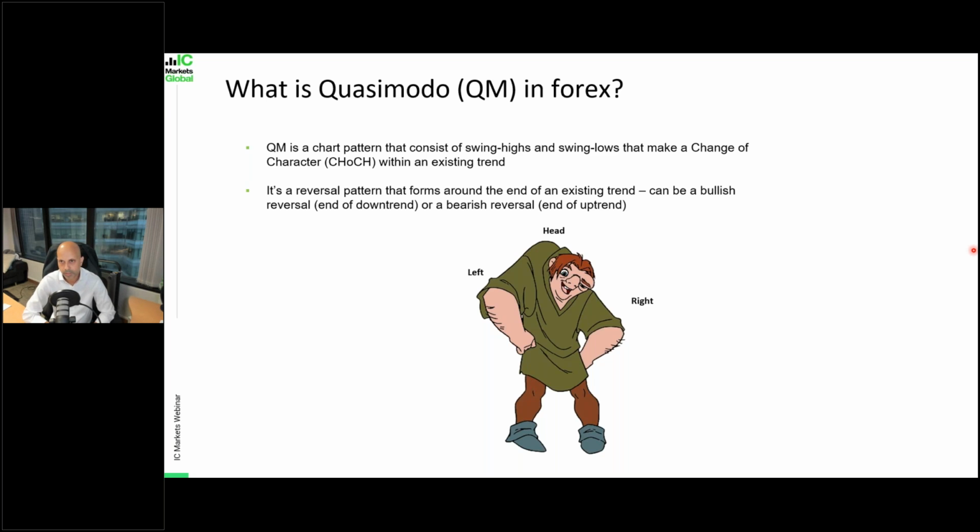Simply put, the Quasimodo chart pattern is very similar to a typical head and shoulders pattern. As you can see here, this is the character from Disney, and that's why this strategy is named after Quasimodo, who has a hunchback. They've used him as a reference here. The chart pattern consists of the left shoulder, the head, and the right shoulder. His right elbow here is the left shoulder, his left elbow is the right shoulder of the pattern, and the head is there. Obviously, this applies to both the regular head and shoulders patterns as well as the inverse head and shoulders patterns. So this is what the Quasimodo pattern generally looks like.